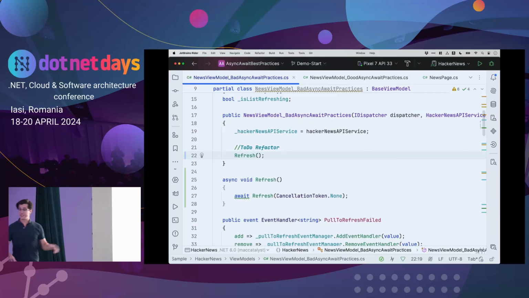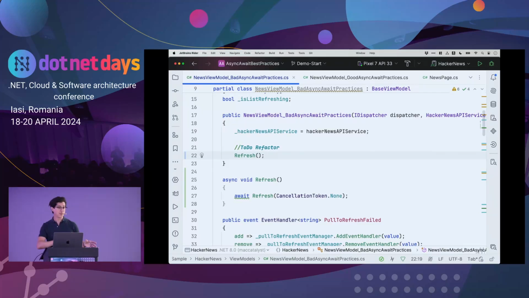Now, I'm not advocating that we all go out and use async void, and I'm going to explain why in a bit. But async void is essentially a fire and forget method. So if you don't care when a method completes, and that's why we use it for things like event handlers, because event handlers just fire, and then they don't really care what we do when we handle them. So here, yes, technically, this is a valid use case for async void, because we're doing a fire and forget. But why is this dangerous? Well, the first reason why async void's dangerous is